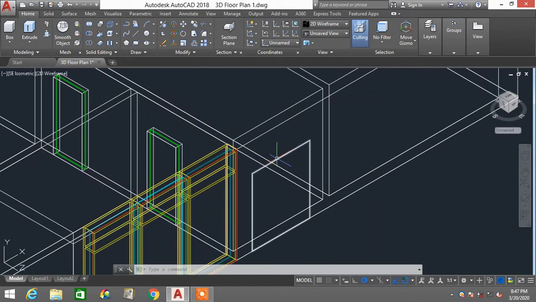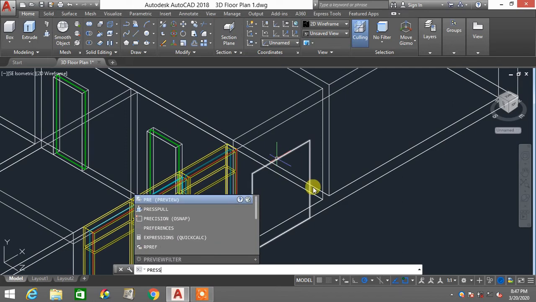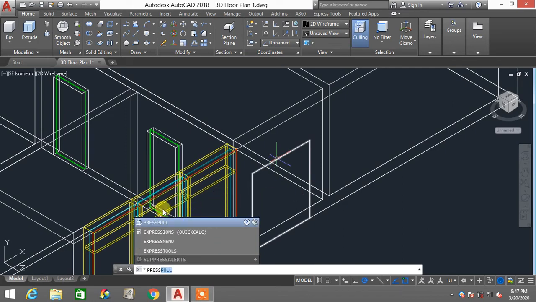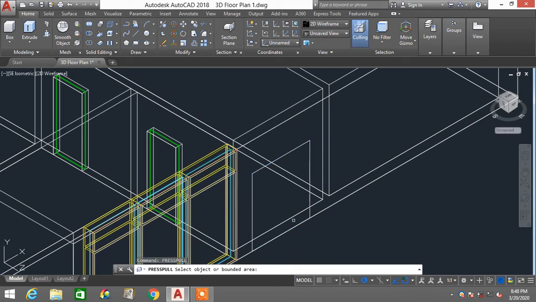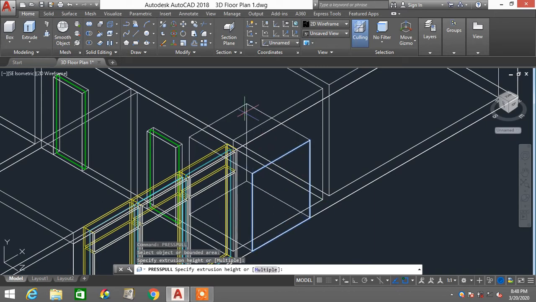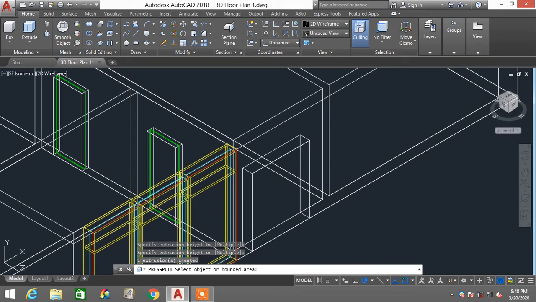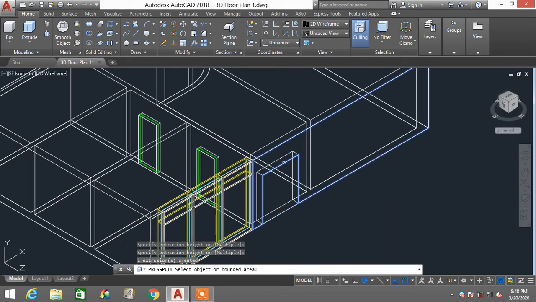So I'll type PRESS to launch the press pull command. You can see the list is showing here, so I'll just click this command to launch a press pull command. Click and try to find the area of this particular cutout. Click and move your mouse inside the wall so that this particular cross section is subtracting the wall. Click. You can see the cutout has been